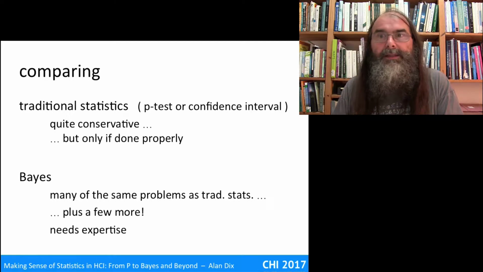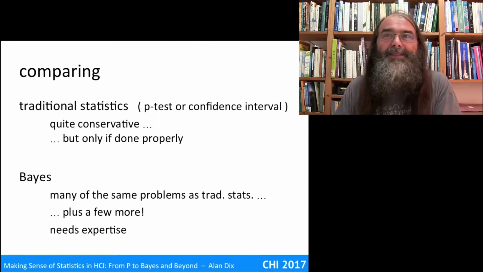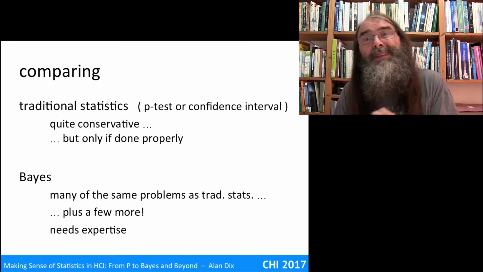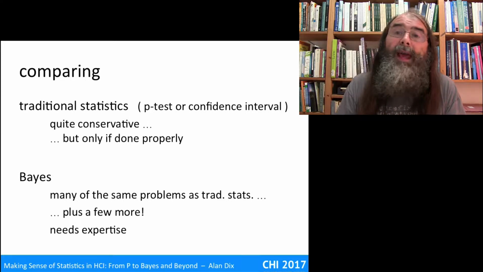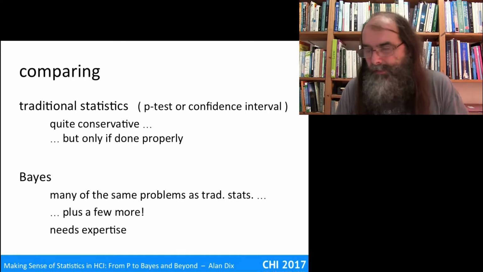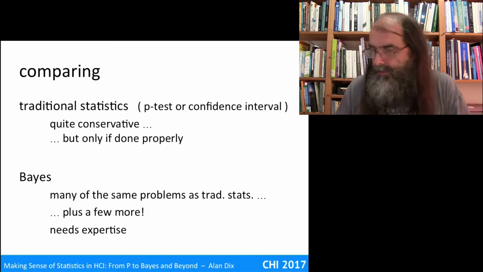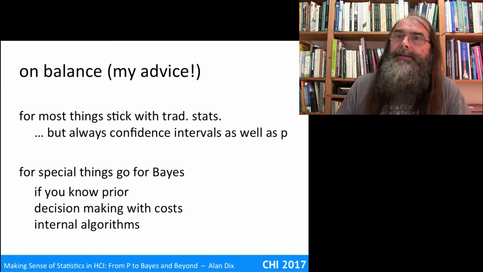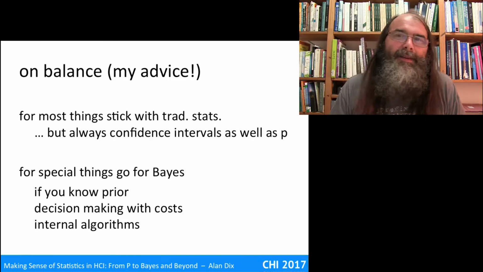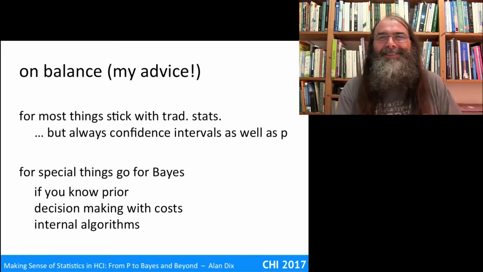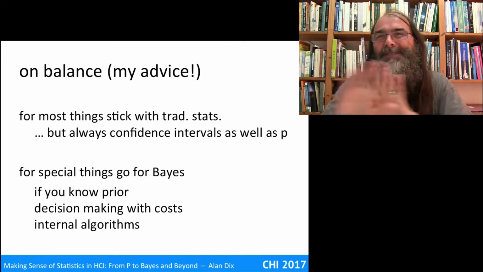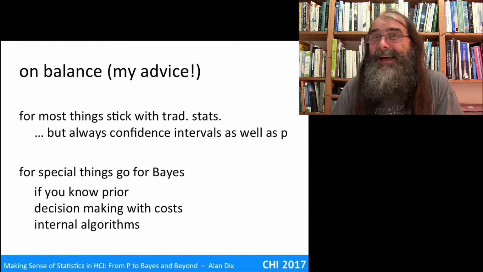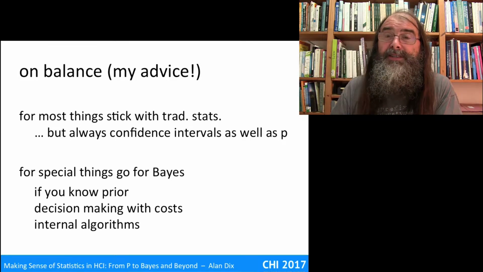So as I said, that's not to say it's bad to do Bayesian stats, but you just need more expertise, or you need some more advice to make sure you use it properly, because if you're not careful, it's quite easy to do it wrong, just like it's easy to do traditional stats wrong. So on balance, I learnt my stats as a traditional statistician and thought the Bayesians were weird folk, so I've probably got a lot of bias here. But on balance, I'm going to say stick with traditional statistics,